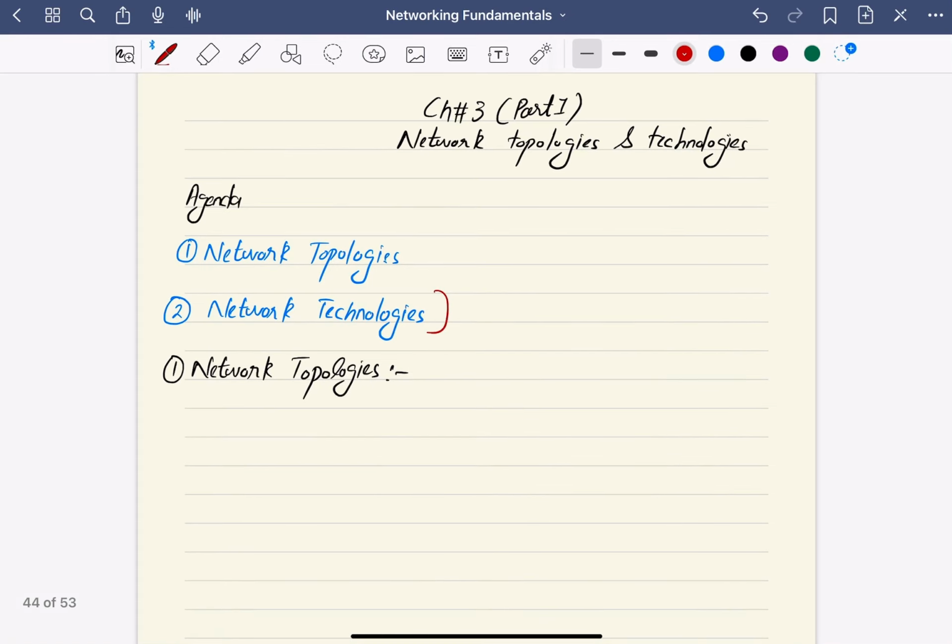Welcome back, everyone. So today we will start chapter number 3. I have divided this chapter into two parts, and today we're gonna talk about the first part, where we will be talking about network topologies. We will discuss the definition of network topology, like what does it mean when we say network topology? Then we will discuss a couple of types of network topologies, and